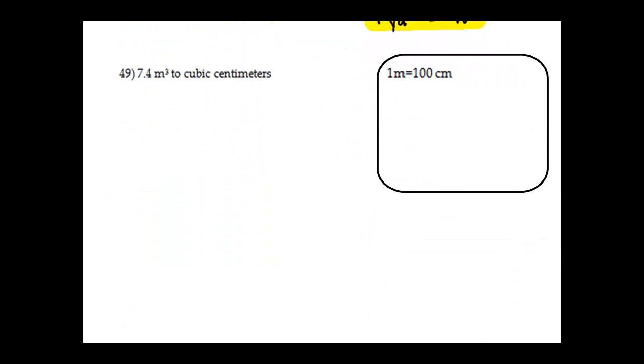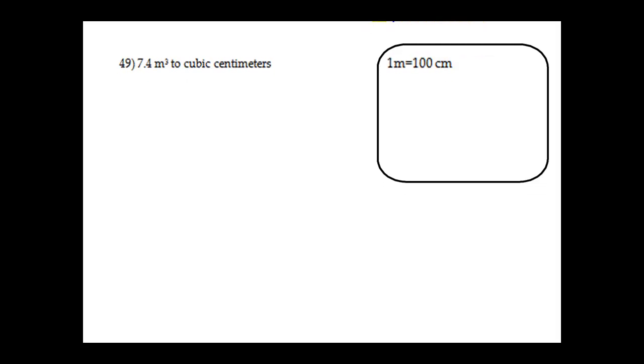Going to number 49, we're dealing with meters cubed to centimeters cubed. Again, metric all starts with you knowing the order. If you look back at your order, meters to centimeters is 2 places to the right, which gives you a conversion factor of 1 meter equals 100 centimeters. We are dealing with cubic units here, so we need to cube both sides. 1 raised to any power is 1. 100 cubed